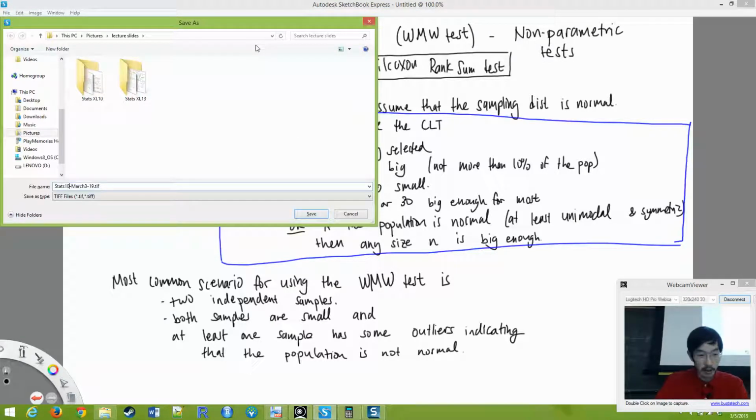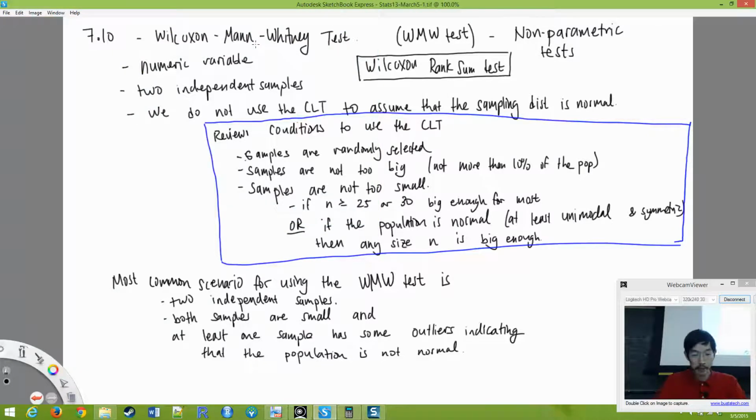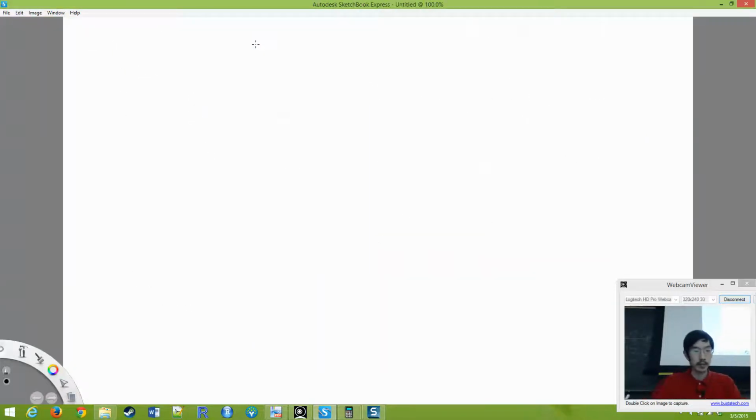Stats 13, March 5th, slide 1. Okay, so we're still doing hypothesis testing here. But the hypotheses are written in a slightly odd fashion here, or it just feels a little bit clunky, because again, we don't have parameters. Remember, these are non-parametric tests,